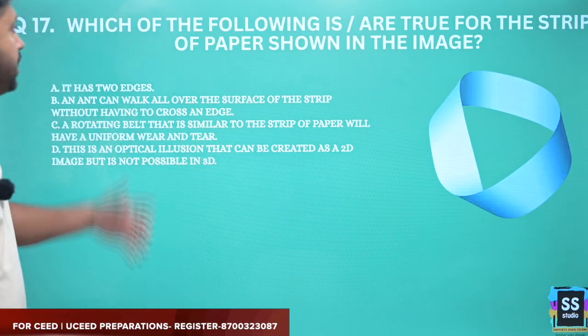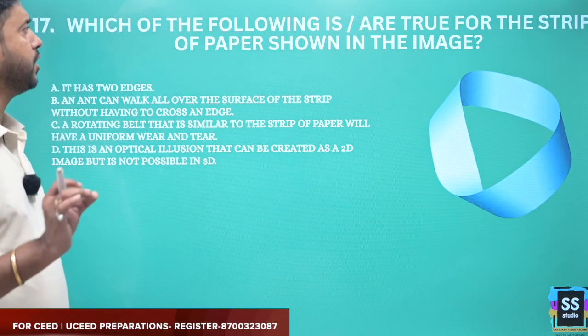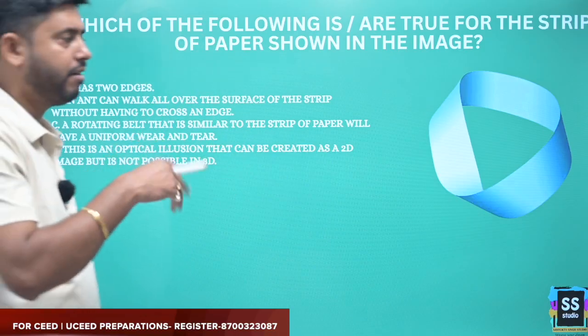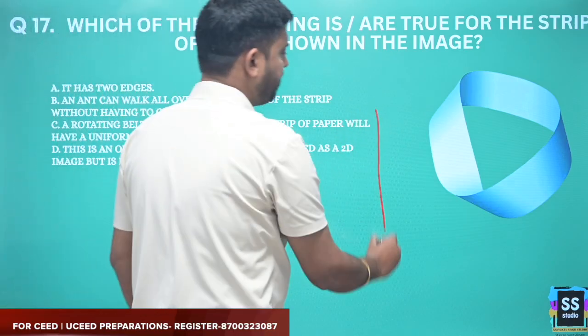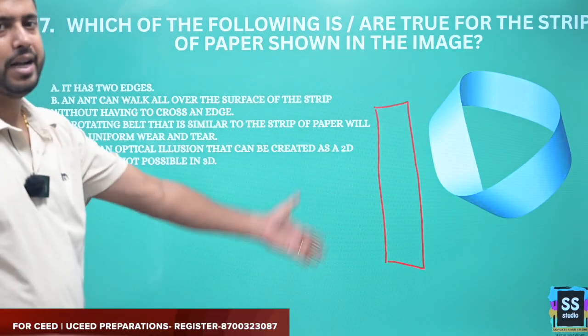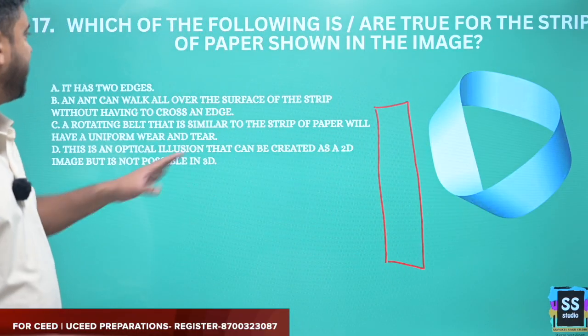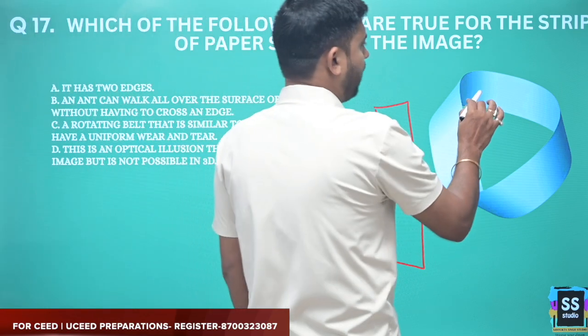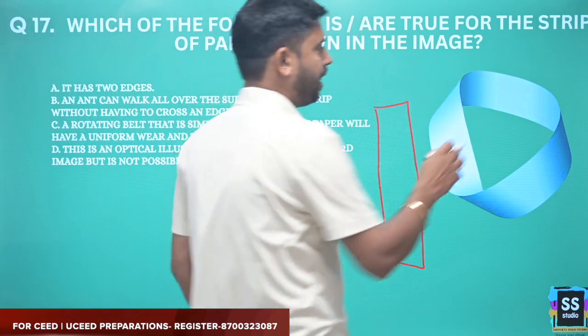So the next question is, which of the following are true for the strip of paper shown in the image? Now this is a 3D diagram put on a piece of paper, so again it's a 2D picture. If you cut it in a piece of paper, it's just 2D, it's a strip of paper. So the statement says it has two edges. Two edges simply means if we try to connect it in one single line, so let's say if we can do that, internally if we are roaming, so inside